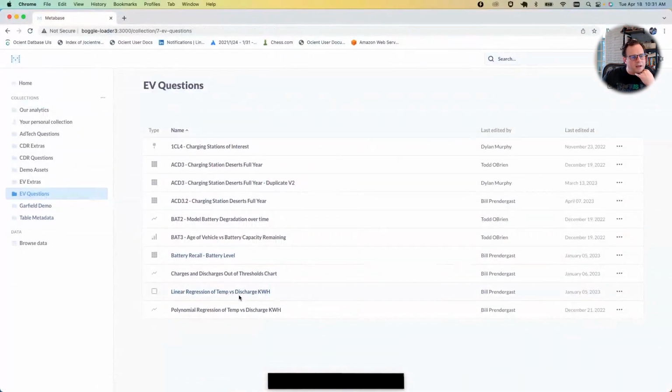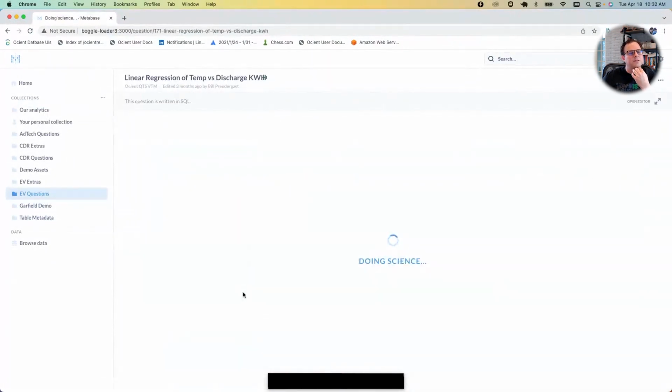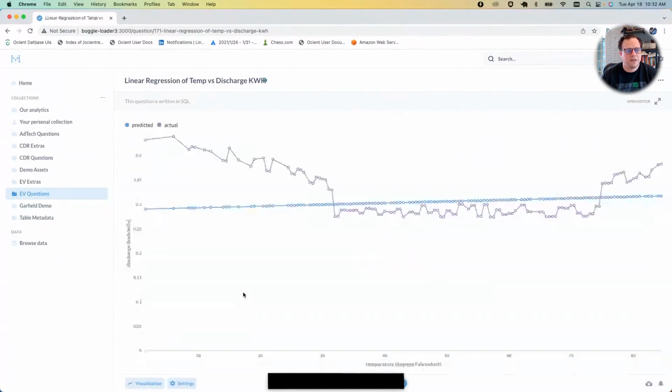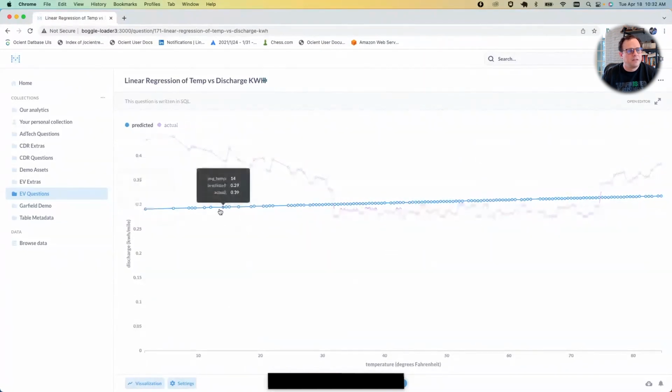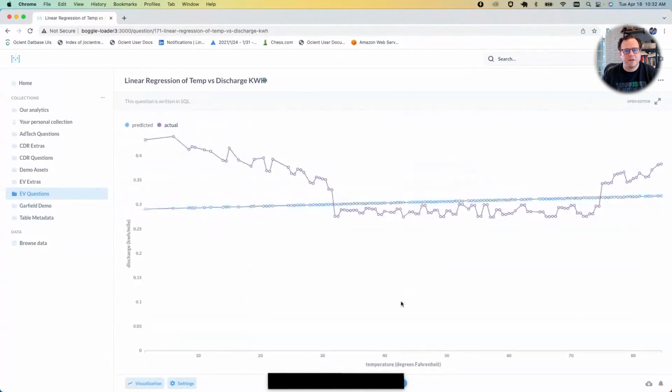First we're going to look at a linear regression model against this data. Thinking about that last slide I showed, we've already identified the training set and generated that SQL. We've trained the model, and now we're calling it against the temperature table. What we're looking at are the actual discharges at different temperatures on the x-axis. You can see the temperatures in degrees Fahrenheit, and then you can see the prediction of the linear regression model. And you can see the linear regression model is not really a good fit for this.